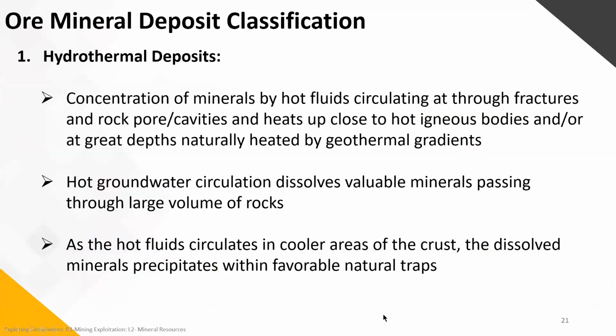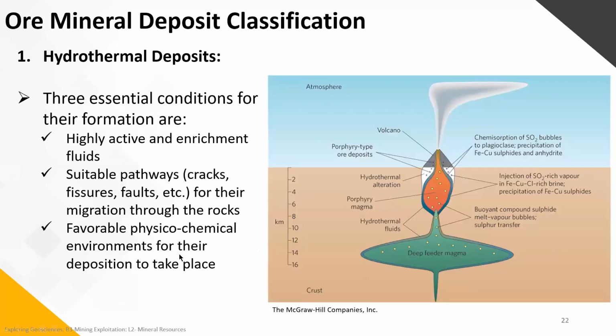If we start with the hydrothermal deposit process, the concentration of minerals is by hot fluids circulating through fractures and rock pores or cavities, heated up close to any hot igneous bodies, or at great depths naturally heated by geothermal gradients. Hot groundwater circulation dissolves valuable minerals passing through large volumes of rocks, and as the hot fluid circulates into cooler areas of the crust, the dissolved minerals precipitate within favorable natural traps. So if we see this in an image,